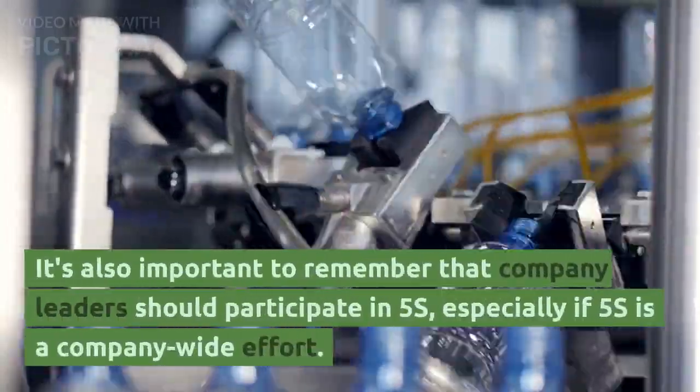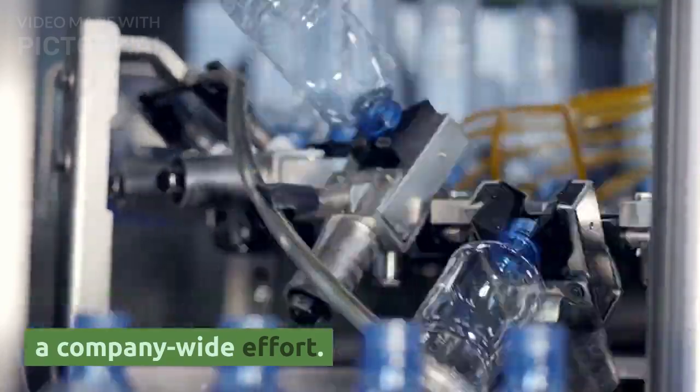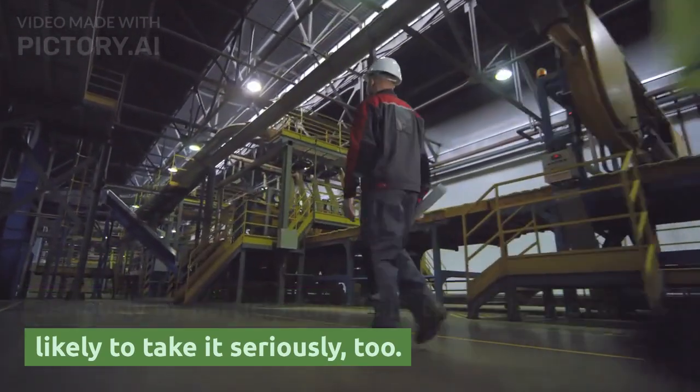It's also important to remember that company leaders should participate in 5S, especially if 5S is a company-wide effort. When people see their superiors taking 5S seriously by participating in it, they'll be more likely to take it seriously,